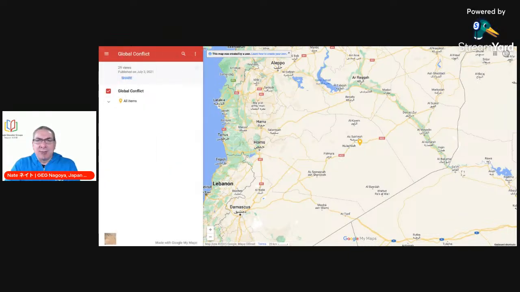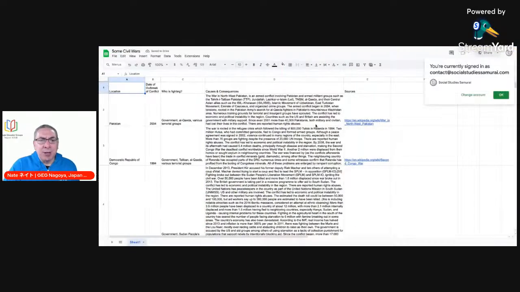Now, what I want to do, and you can share that too with parents. You could tweet it out or put it on social media for the community to see. Now, what I want to do though is show that I created a Google form and had students put the information in on their own, and I took this data set and turned it into a map instantly. So I didn't have to